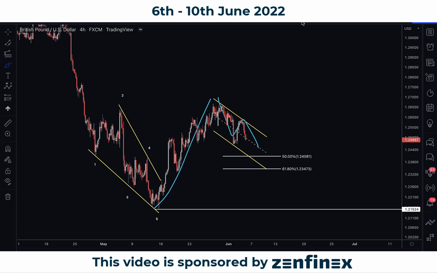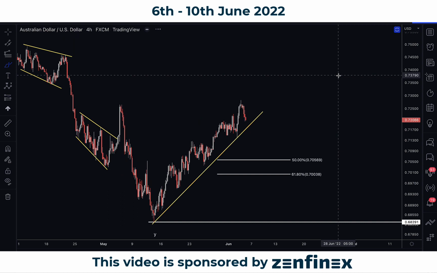Okay, so nothing much. However, between the euro dollar and the pound dollar, I would say the pattern that is forming right now, euro dollar is a little bit clearer. Okay, and because of that correlation between euro and pound, if you were to select one, I personally would be focusing a little bit more on the euro side of things. Okay, yeah? Now next up we have the Aussie dollar.